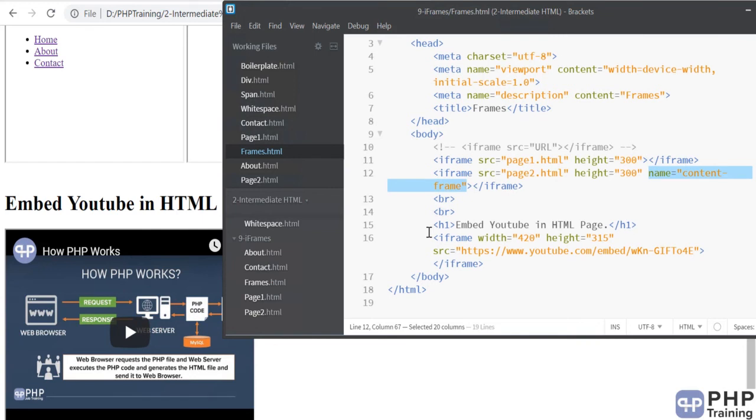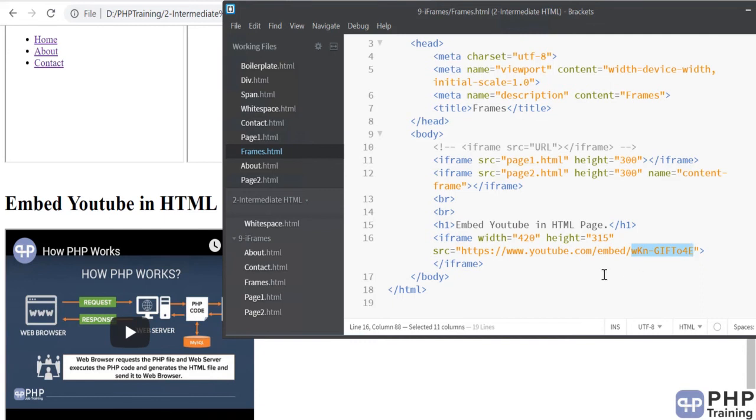I highly recommend you try this example of embedding a YouTube video onto your page, because this will be the most common scenario where you want to embed something onto your web page. So you at least know, if you have a YouTube video, how to embed that onto an HTML page. And remember, you have to have this URL. If you just copy paste the URL, it will not work. You have to have this embed/shortcode notation of your URL.